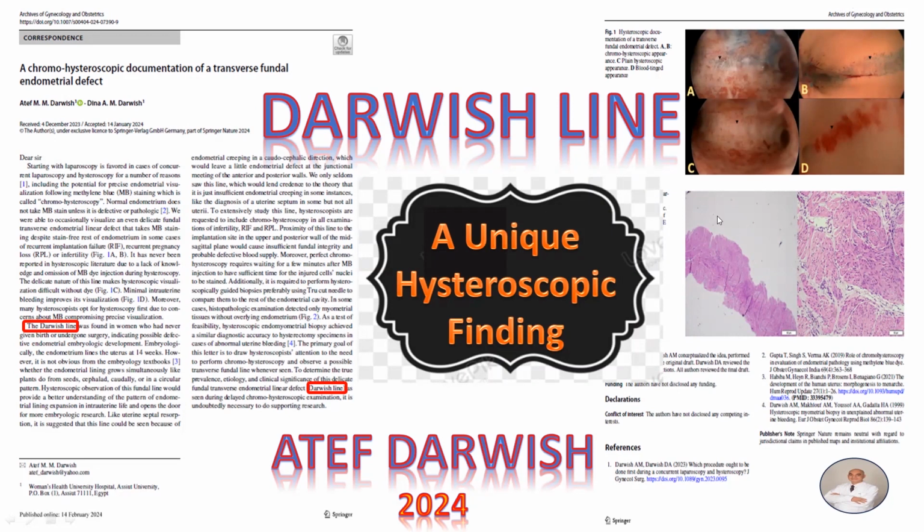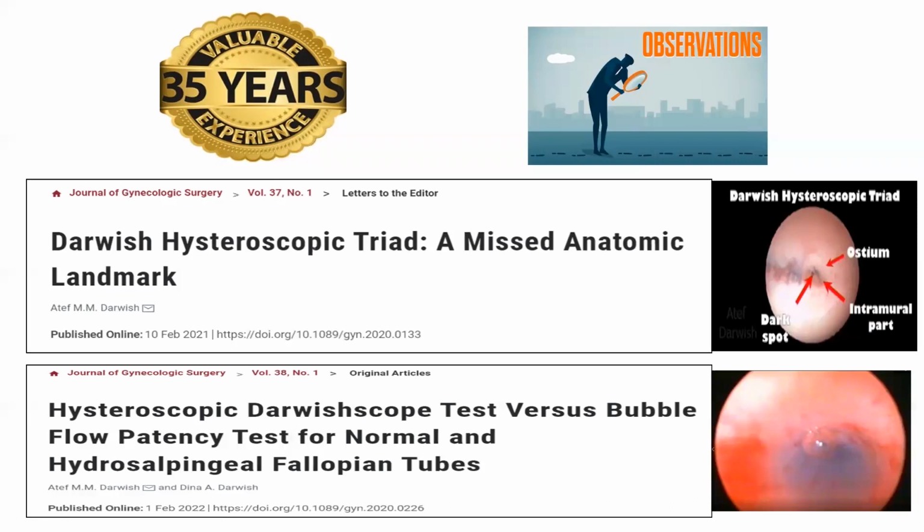during diagnostic hysteroscopy. I have worked in the field of endoscopy, particularly hysteroscopy, for more than 35 years, and my MD thesis in 1990 was on evaluation of therapeutic hysteroscopy, and we performed a lot of hysteroscopic surgeries. But I observed during tubal cannulations that we are inserting the cannula through the fallopian tube, and this is not just an opening, and I persisted to search on this point until the publication in the year 2021 on the Darwish